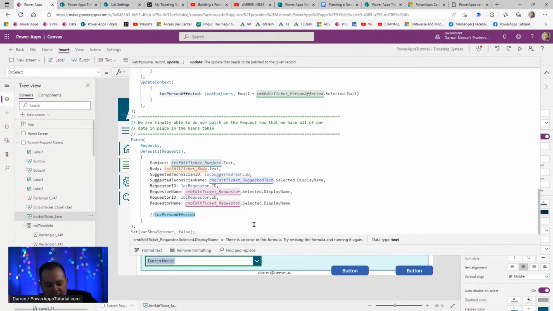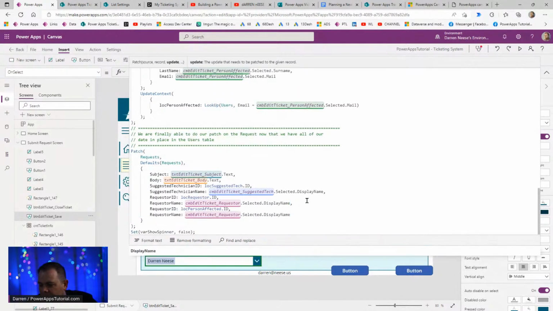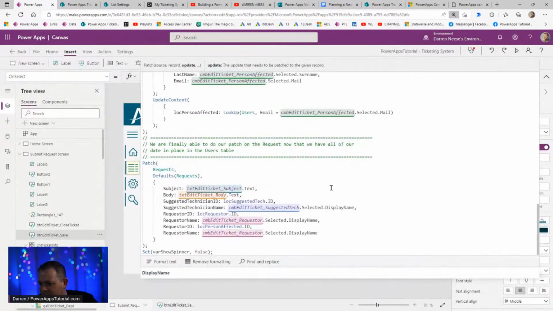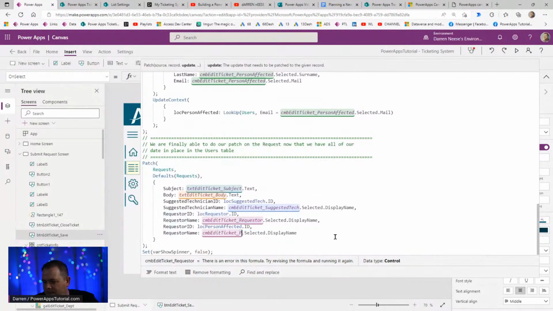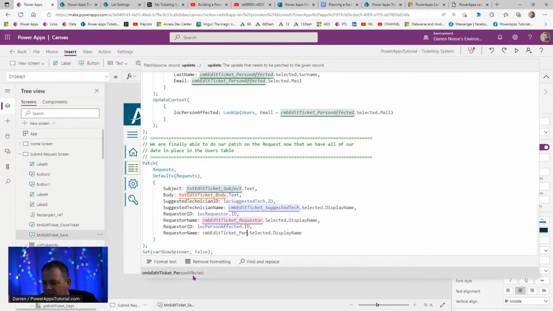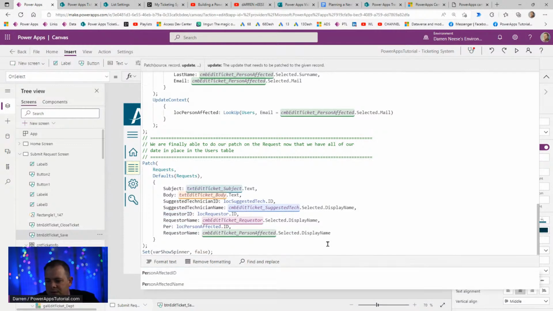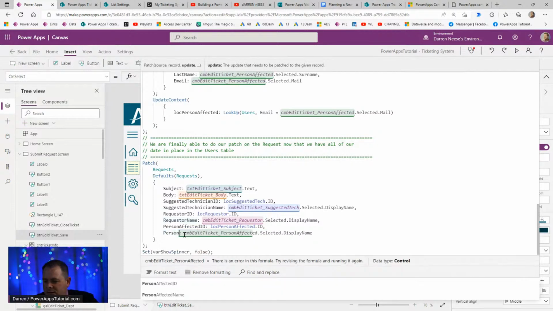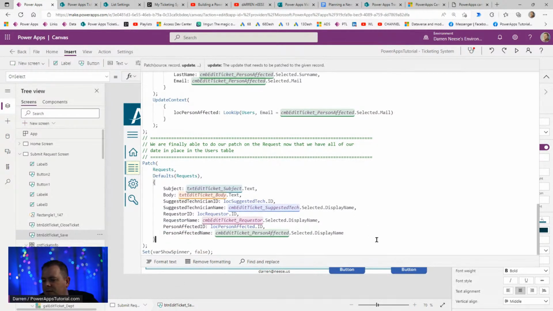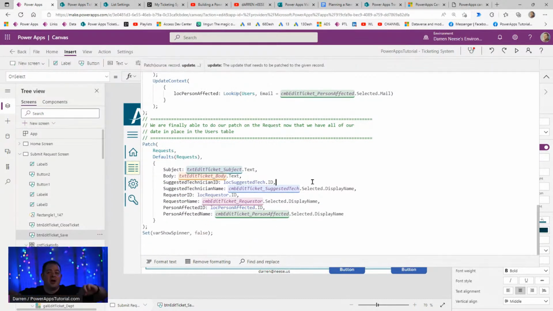Okay. So now I can use this there. All that now. And yeah, I need it to be bigger for my eyes. You know what we need to rename? We need to put the news. Okay, so person affected ID, affected name. Okay. Now, for those of you who are familiar with this, doing a patch on a SharePoint list